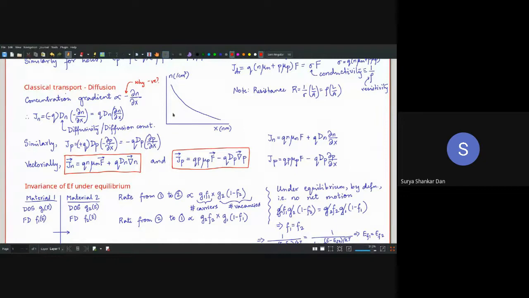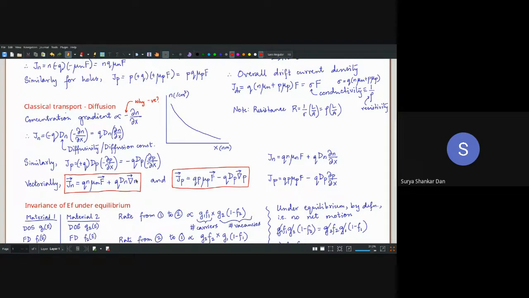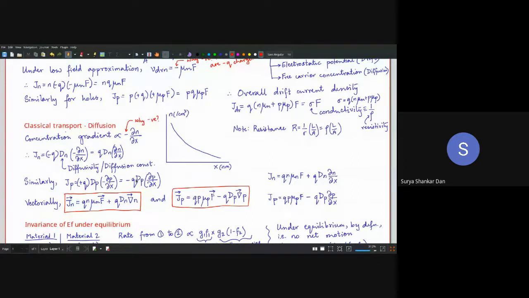As I told you, it's a concentration gradient. Concentration gradient means with distance n decreases. Now I told you n decreases, but why? It could also be the opposite, right? Now this is a very important concept. If we write the concentration gradient, it should be del n by del x. Why did we put a negative sign? Can anybody tell me? These are things which you already know or have studied, but we are learning them from a much more advanced level with new eyes. Why the negative?